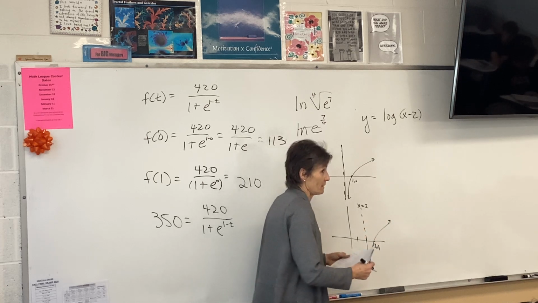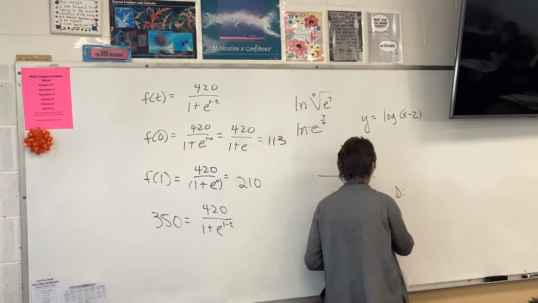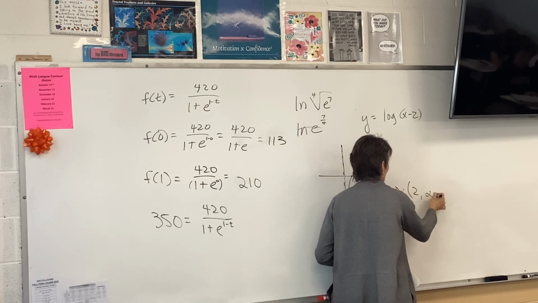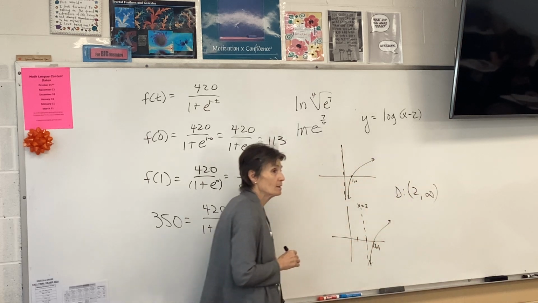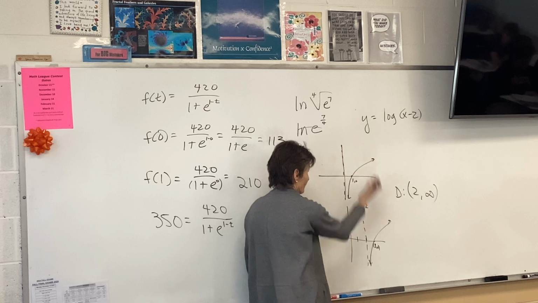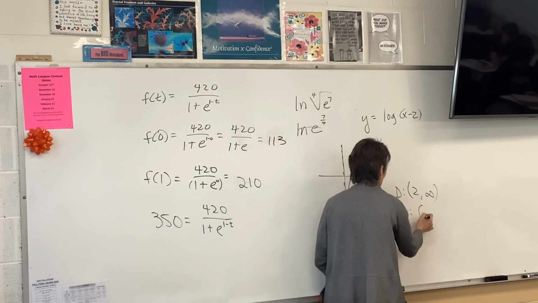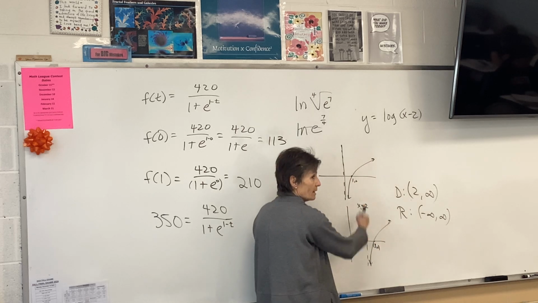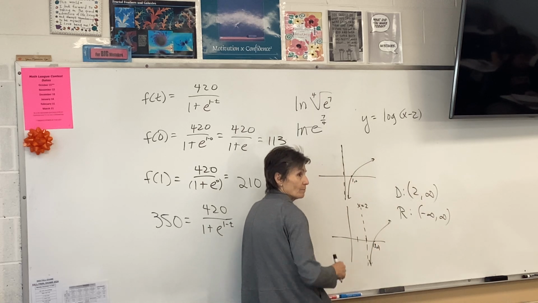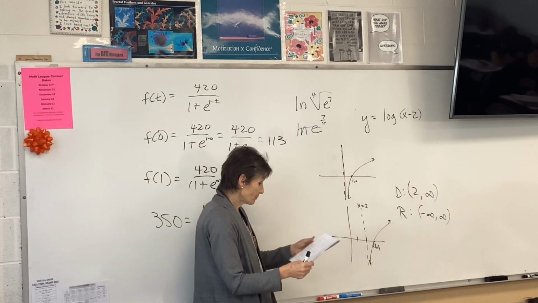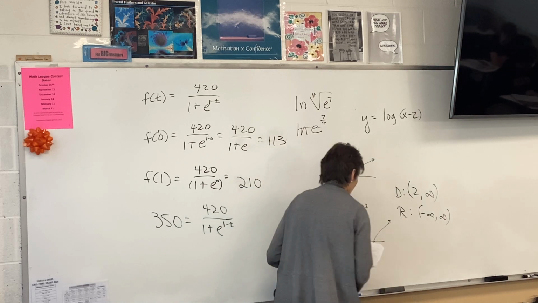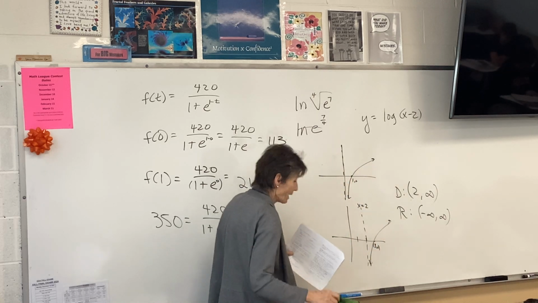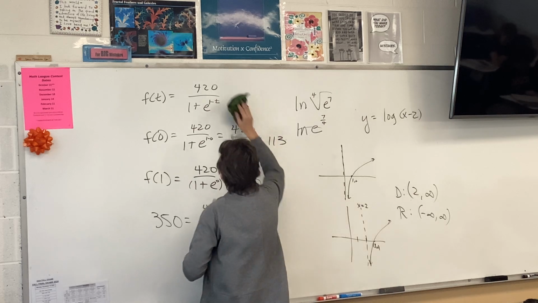Actually, 2 is open, because there's an asymptote at 2. So it would be 2 to infinity. How about the range? All real. Range is everything. And how about your asymptote right there? x equals 2. Now, the other one is y equals 3 to the x,